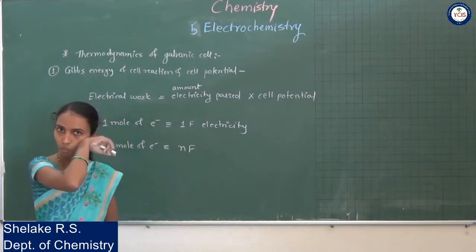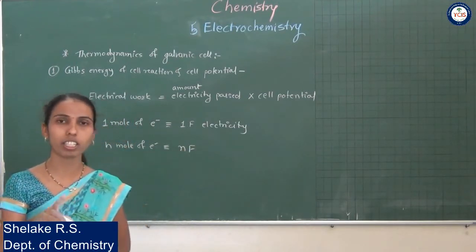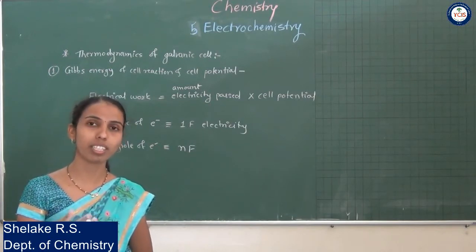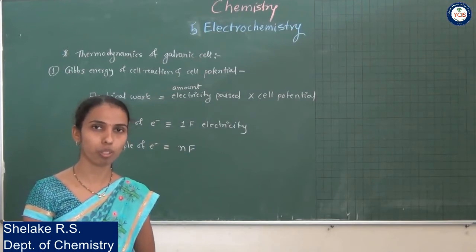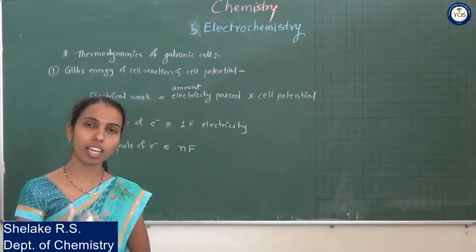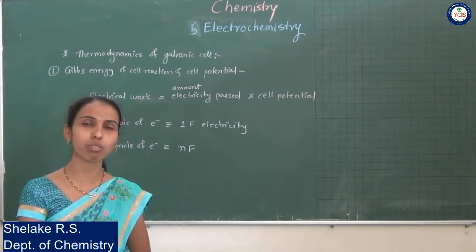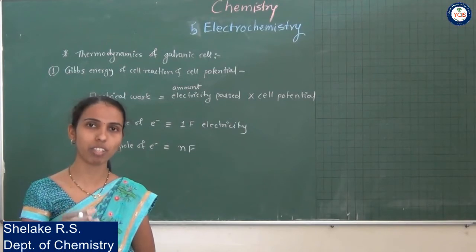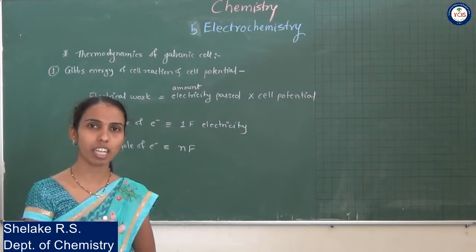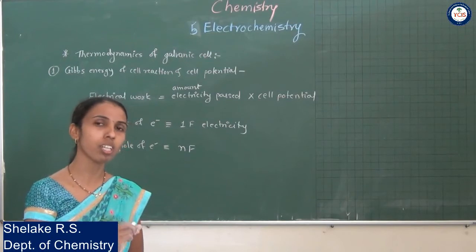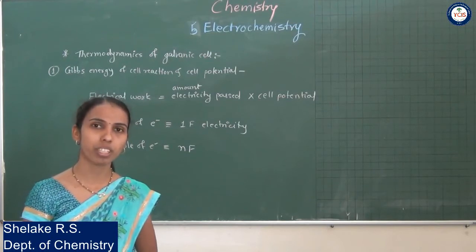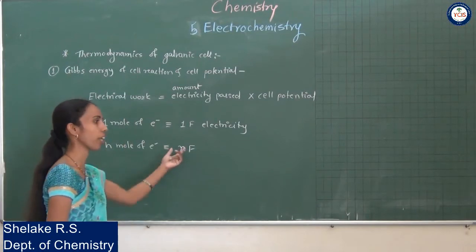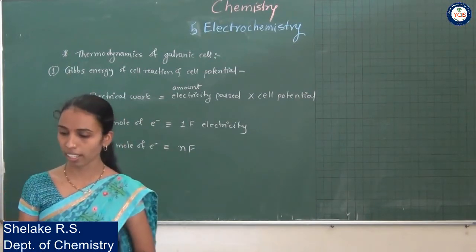बरोबर, 1 mole of electron साठी जो चार्ज आहे किंवा इलेक्ट्रिसिटी पास होते, which is 1 farad, okay, which is nothing but 96,500 coulomb. Okay, हे जे कन्वर्जन आहे. Suppose n number of moles of electrons are passed through the cell, that participated in the cell reaction, n number of moles of electrons. एवढे जर इलेक्ट्रॉन्स प्रेझेंट असतील किंवा त्याच्यामध्ये त्या सेल रिएक्शन मध्ये प्रेझेंट असतील, तर त्याच्यासाठी जी इलेक्ट्रिसिटी पास होणार आहे किंवा जो चार्ज असणार आहे तो काय होईल मग n into F.